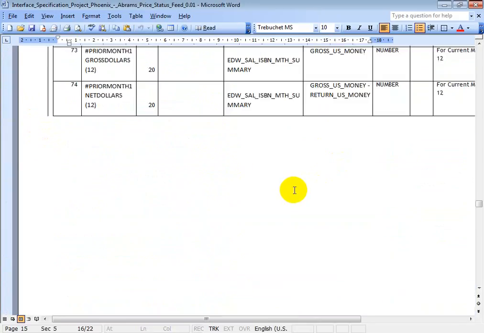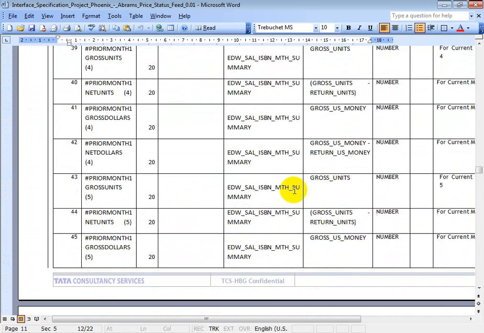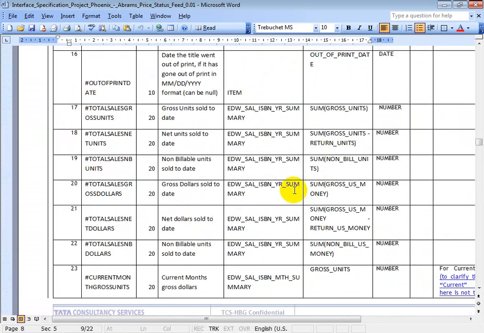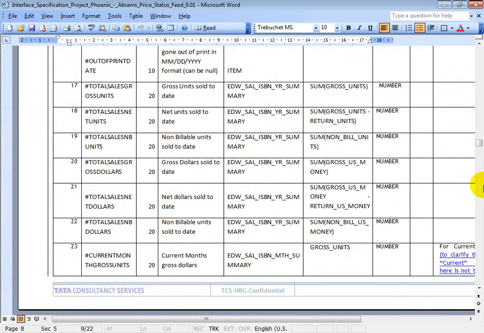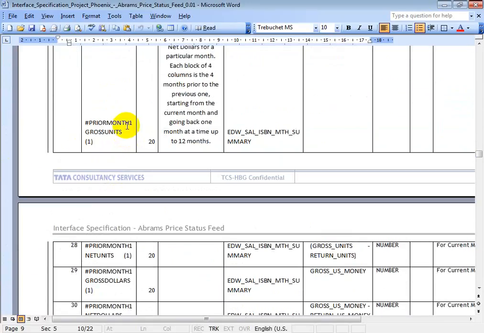And if you see the file, it has prior month 1 gross units and month 1 net units. This month 1 is nothing but physical month 01.